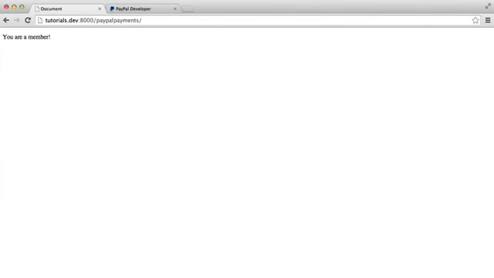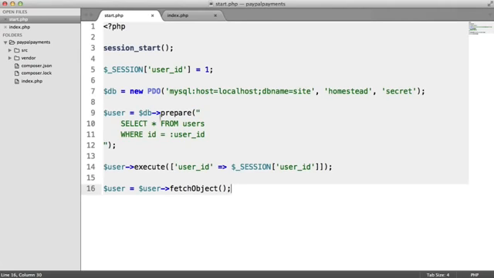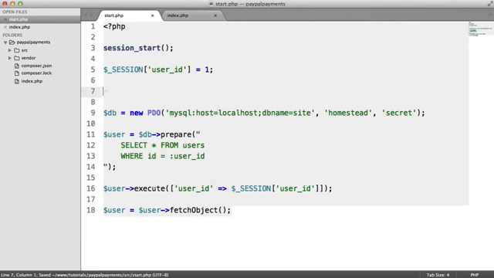Right, so let's go ahead and actually set our API up, or our connection to the PayPal API up rather. So just under here then, I'm going to require in the autoload file from Composer. So here I'm just going to say dir and append on, going back one directory into vendor and then autoload.php. This is just basically going to pull in all of our Composer dependencies so we can use any of them